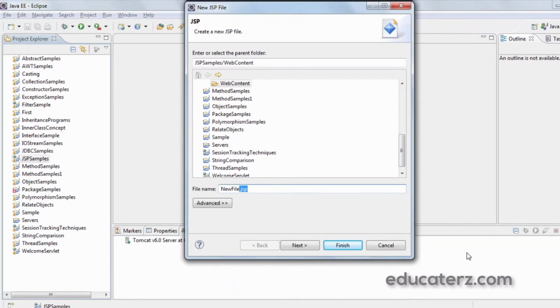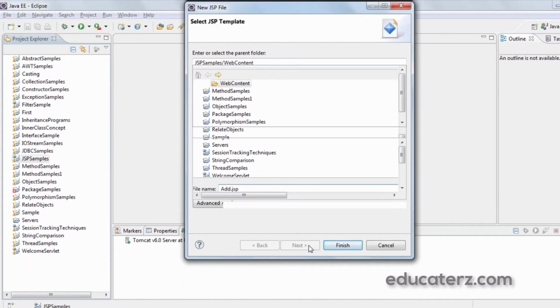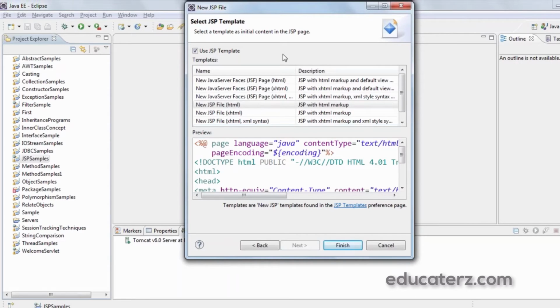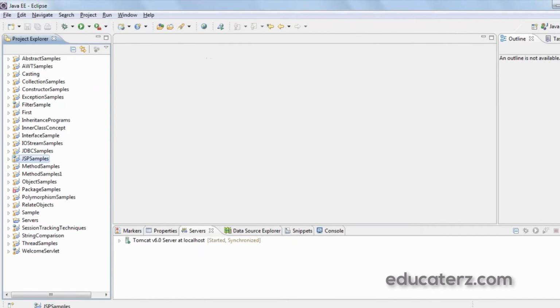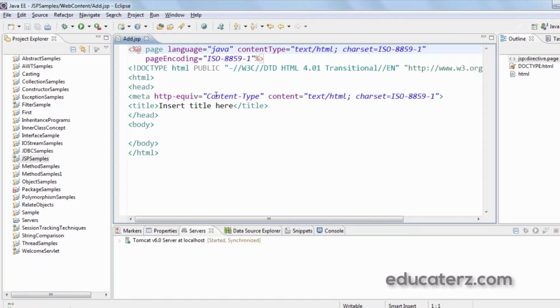I simply name the file add.jsp. This is the preview it is showing here. Just click on finish. This is the basic JSP page in which we start writing our scripting elements.